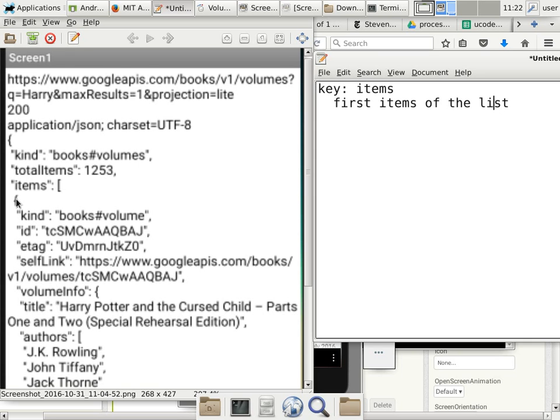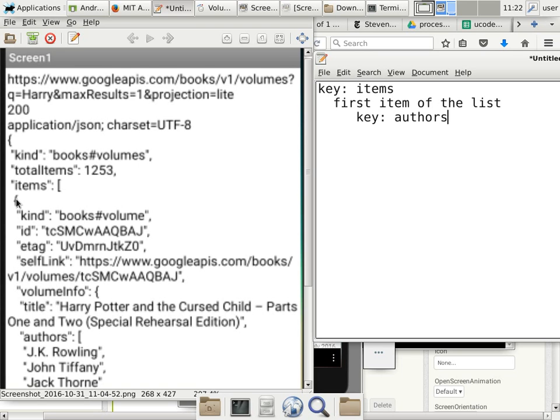Is that okay? When you say an object, how is App Inventor going to treat an object? Is it an App list? Inventor sees an object as a list of key value pairs. Okay. So the first item of the list is by itself a list of key value pairs. So in that case, I can use key